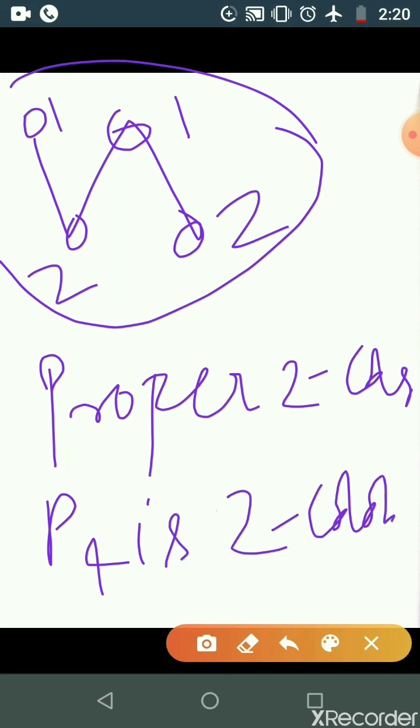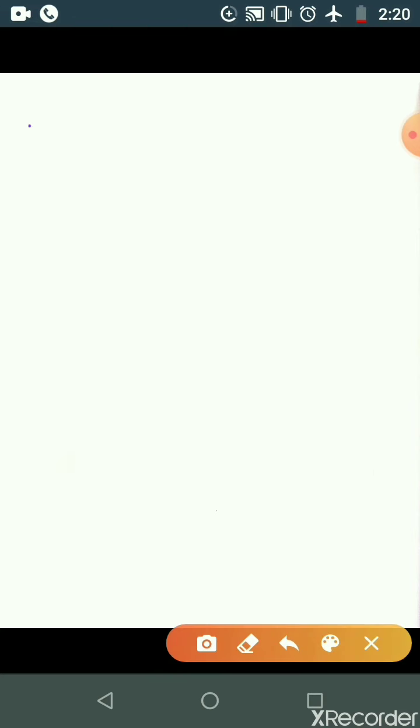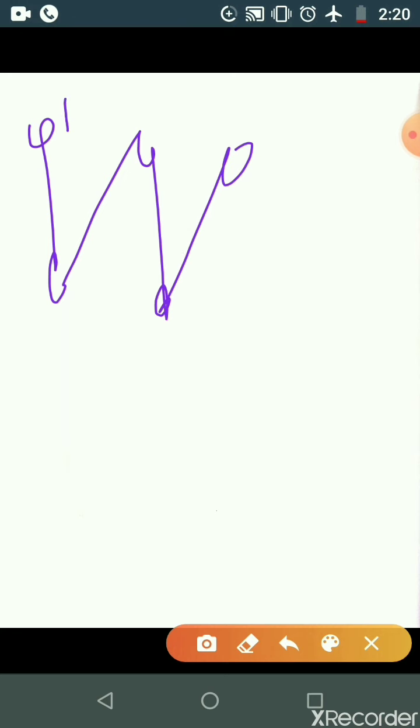So P4 has how many proper colorings? Proper 2 coloring, proper 3 coloring, proper 4 coloring exists, and that's why P4 is 2 colorable, 3 colorable, 4 colorable, okay? Likewise P5 you can discuss. So here 1 2 again 1 2, the minimum colorable graph I want to find here 1. So how many colors are we using here? 2 colors, so it is the proper 2 coloring and the graph is 2 colorable.